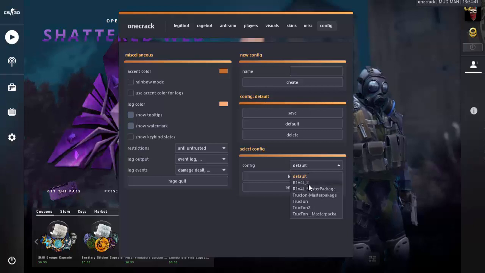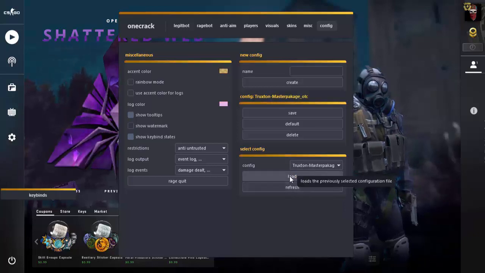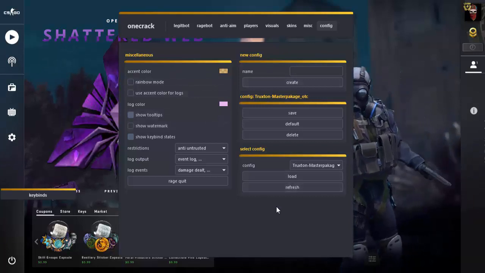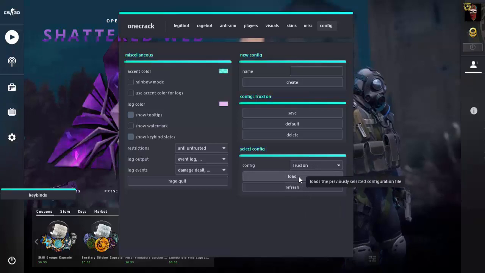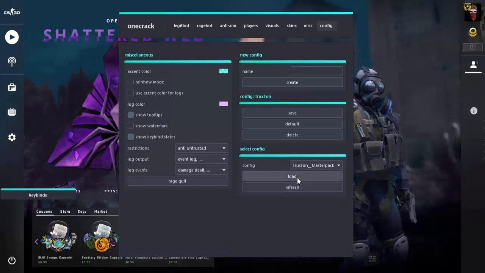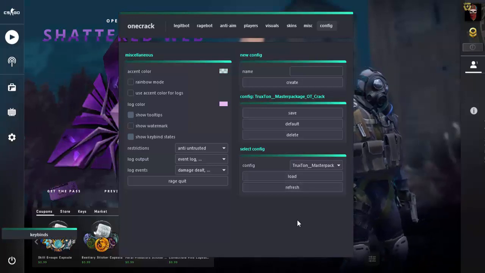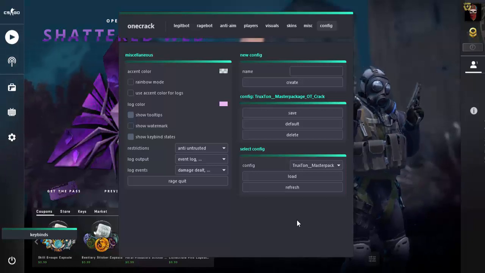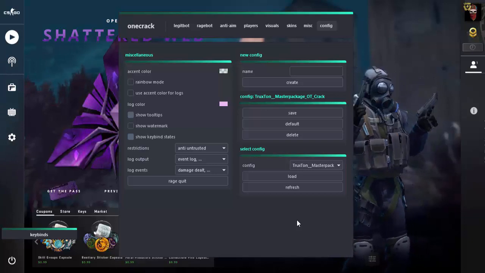And now I'm going to load one of these CFGs. You can see the color has been changed, and now the CFG is loaded. After this, you can see the other CFG is also loaded, and this is the thing I just wanted to tell you. This is the simple thing which you might not know.